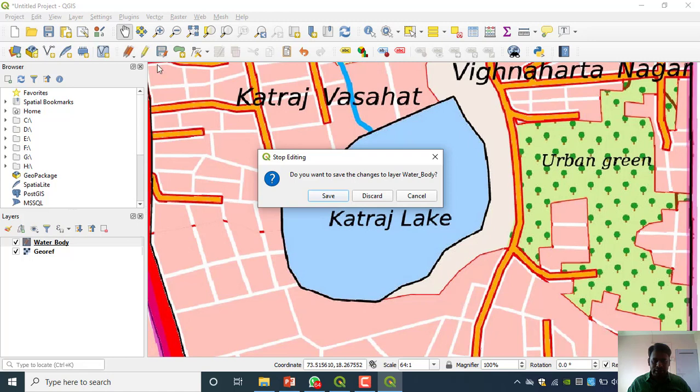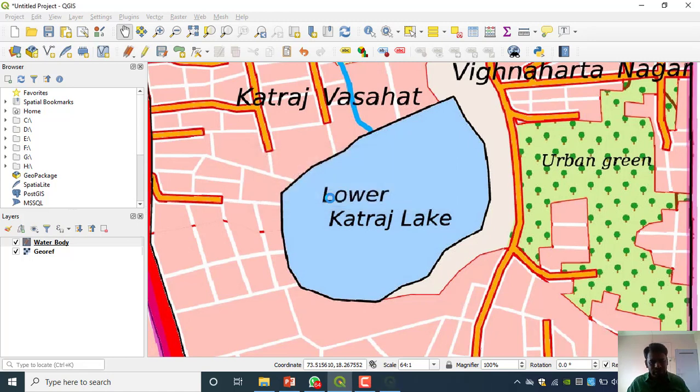Okay, suppose we click here, it is asking to save the previous work. We can save. Again we have to start here for the next polygon. Okay, click here. Now suppose we are on this zoom. Actually I do not have the habit of digitizing on this zoom level. I always keep a high zoom level, then it gives more accuracy. Suppose we are working on this zoom level, then what will happen? Surely within a short period of time we'll get our output, but how the quality will be, that is the matter.